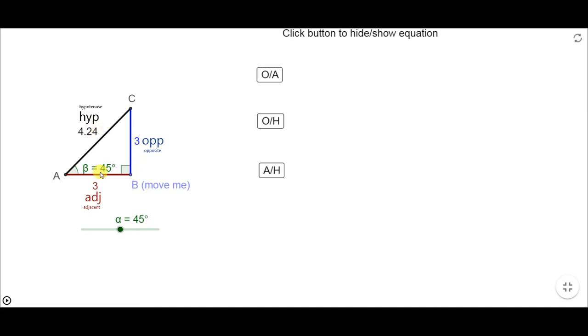The second name you should know is the opposite, and if you're talking about angle A in this case, the side which is opposite to angle A is known as the opposite side. For example, this is the opposite side for angle A, right? And if you're talking about angle C, the opposite side will be this one. But in this video we are having a benchmark angle of angle A, so we are naming the